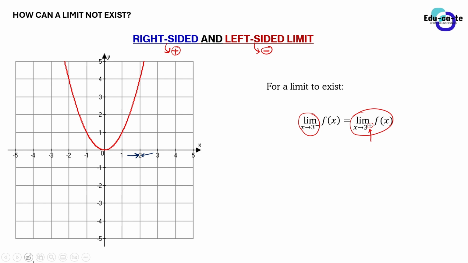In this graph, it is pretty clear that they are equal because we are approaching the same value from the left and from the right at any x value. So let me ask in this graph, does the limit as x approaches 4 of this function f of x exist? Let's look at it. Remember, we've said that for the limit to exist, the right-sided limit and the left-sided limit must be equal. So let's try to evaluate that.